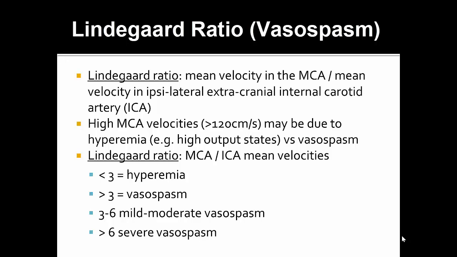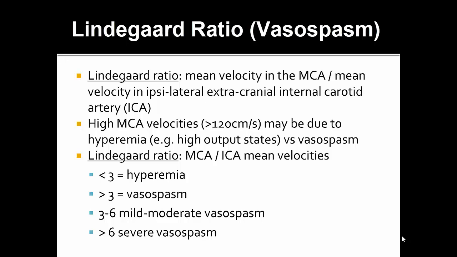Therefore, we can determine whether or not high MCA velocities are truly secondary to vasospasm or they're secondary to hyperemic states. The Lindegaard ratio is the MCA over the ICA mean velocities, where less than 3 is usually secondary to hyperemia, greater than 3 to 6 is about mild to moderate vasospasm, and greater than 6